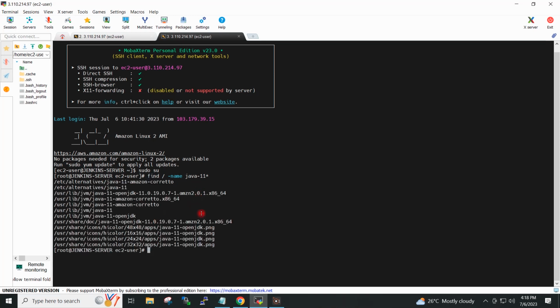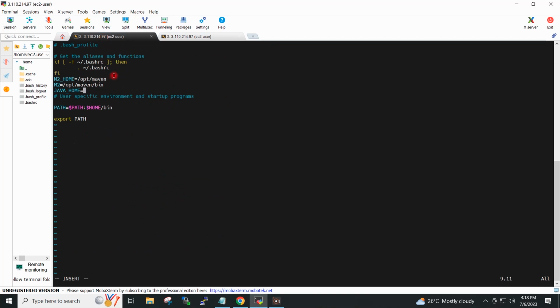So this is the path of the Java in our system. So I will copy this path and I will go back to the .bash_profile file and I will paste the path here, /usr/lib/jvm and Java 11,